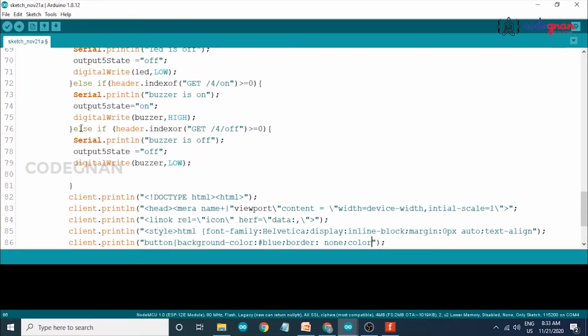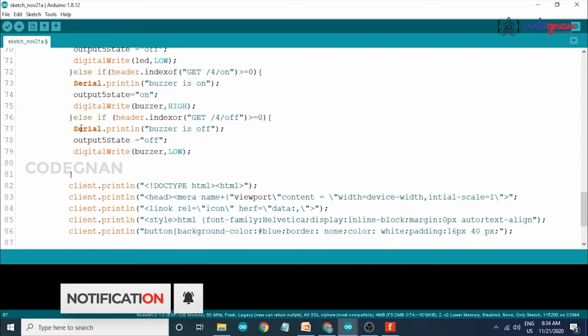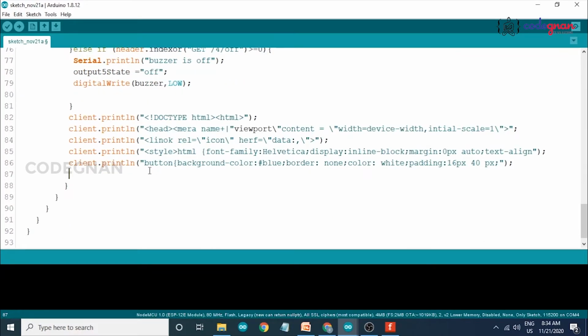Color white and padding 16 pixel and 40 pixel. And same for our second button also.